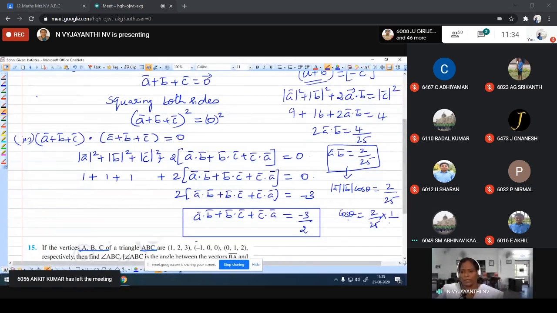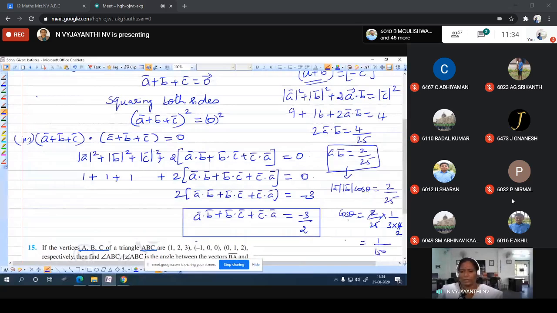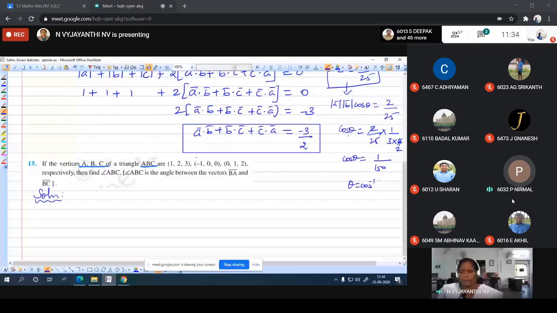Into 1 by modulus of B. Modulus of B is 4. So if you simplify, what will you get? Cos theta equals 1 by 150. So theta is equal to what? Cos inverse of 1 by 150. So in this case, if the problem is asked like this,